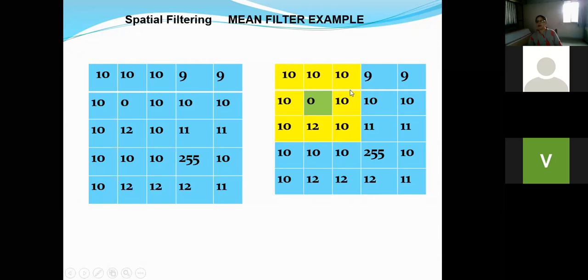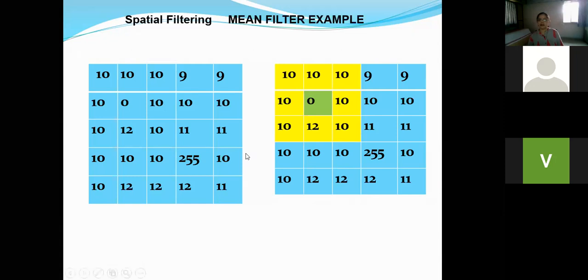Now applying the averaging filter means simply add all these pixel values and divide that addition by 9, and type your answer in the chat box. Applying the averaging filter is a very simple process as all the filter coefficient values are identical to each other.